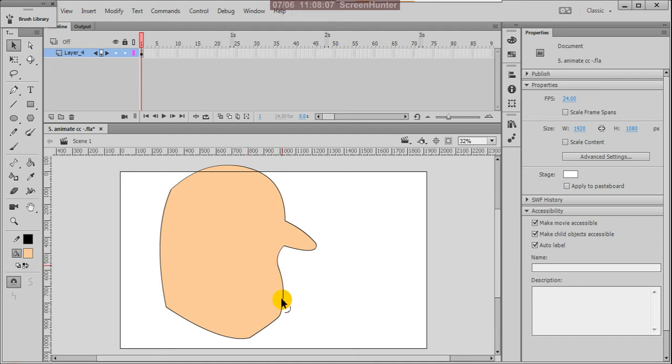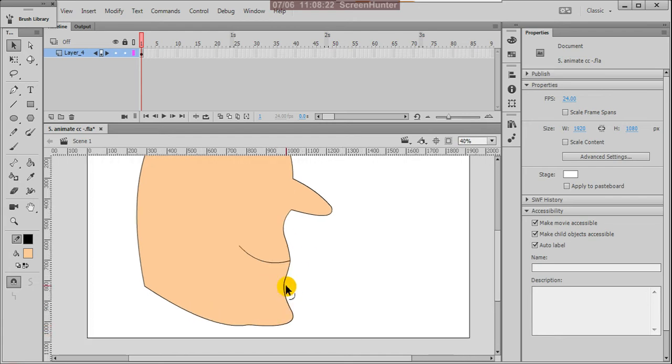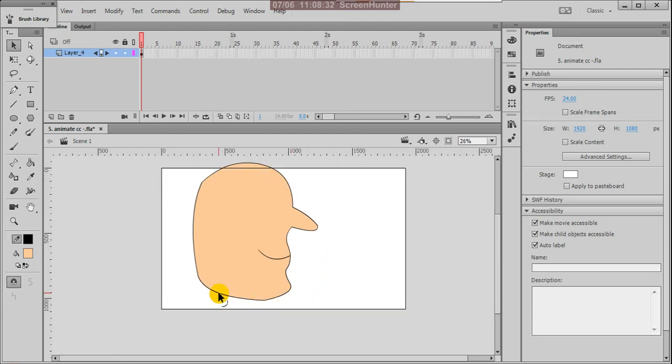Actually you can edit how you want. See, I'm giving one cartoonish shape to this rectangle by using this selection tool only.